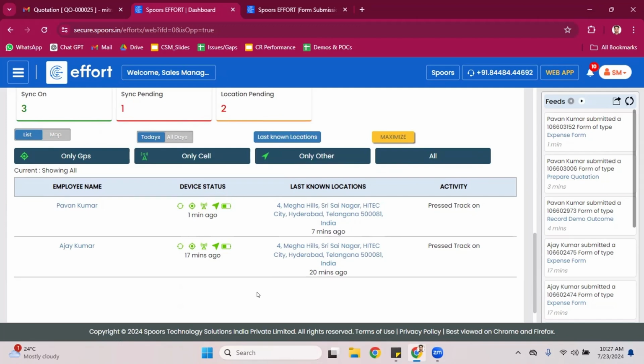So to summarize, Effort provides a comprehensive field sales automation solution offering benefits such as lead management, planning and scheduling, intelligent work allocation, real-time visibility, expense management, reports, online and offline capability. Thus, you can simplify your sales management and propel your business